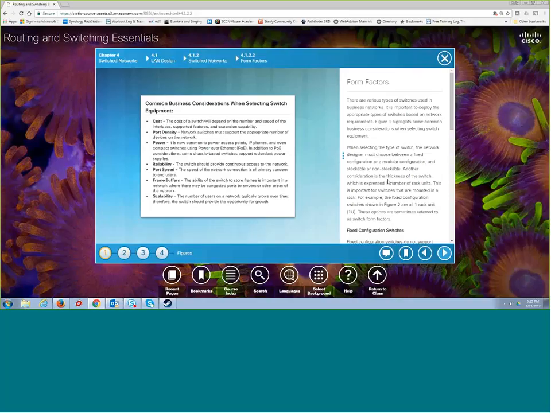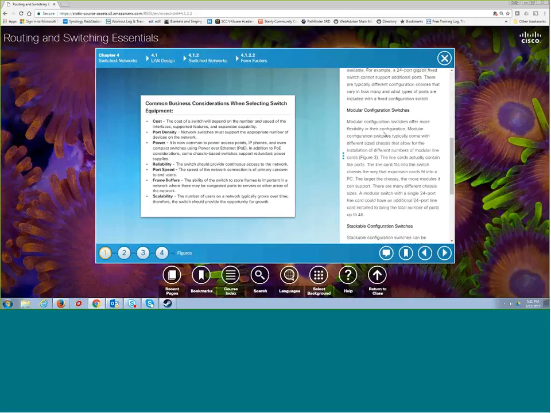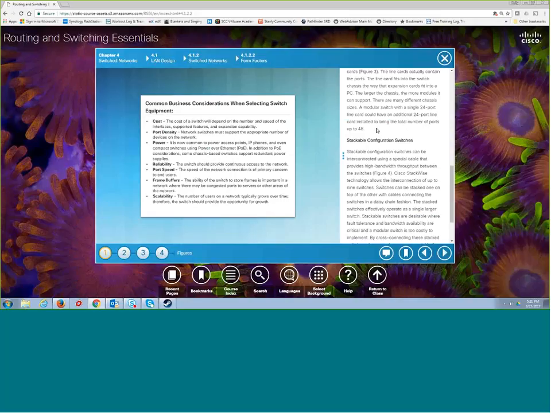The type of switch we're going to buy, well, it always, well, not always, but 99% of the time it comes down to, in part, cost. It comes down to how fast you need the port speeds to be. How many ports do you need? Do you need power over Ethernet to power IP phones and access points and surveillance cameras and those types of things? How reliable do you need the switches to be? Do you need a switch that has redundant power supplies in it so you can survive a single switch power supply dying? Again, frame buffers. What is the backplane speed of the switch? And then